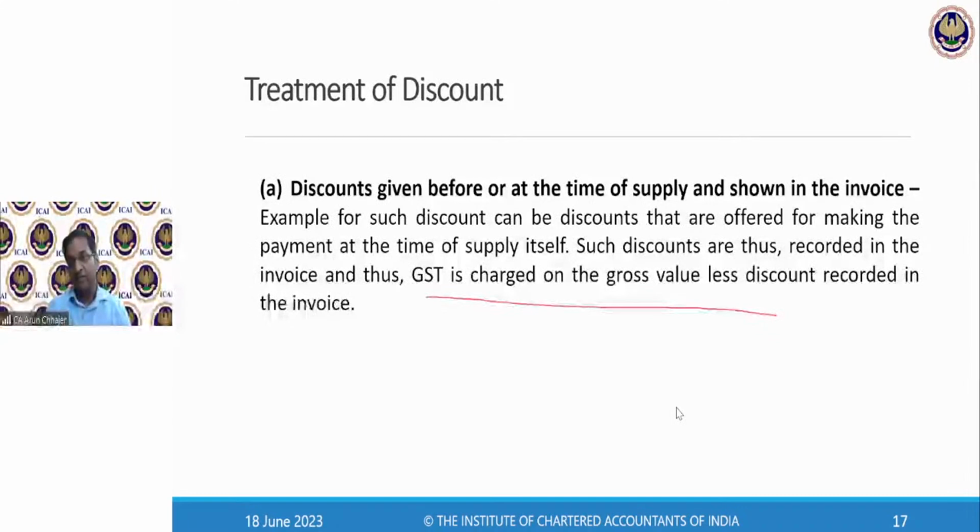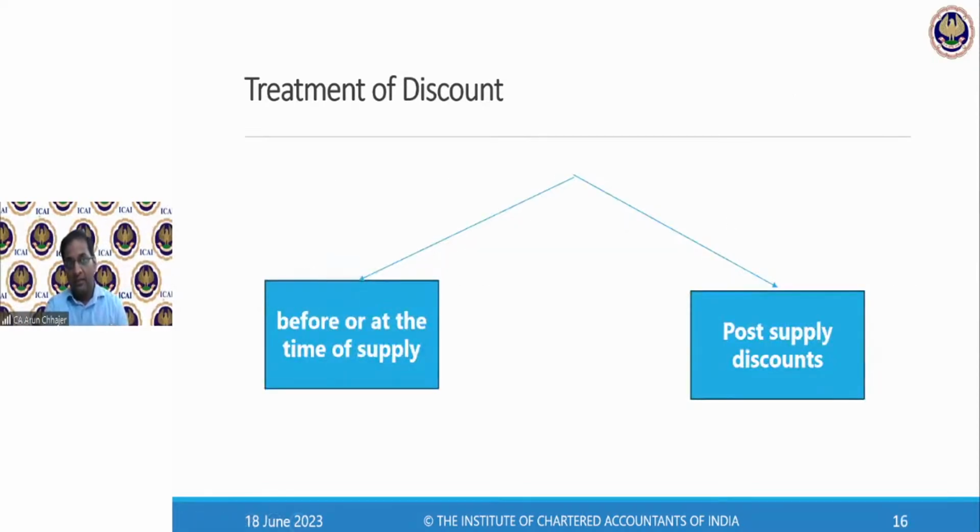You can also recall the initial first example. Wristwatch, 2,000, then 1,800, then 1,500. What was that 200? What was that 500? The discount given at the time of supply, duly recorded in the invoice. In that case, GST need not be charged on the discount. What we are reading is whether the discount would be reduced or not. There are two elements. The first element is very simple. There is no problem. Whether the discount should be excluded in the value, the first element, yes, it is clearly understood.